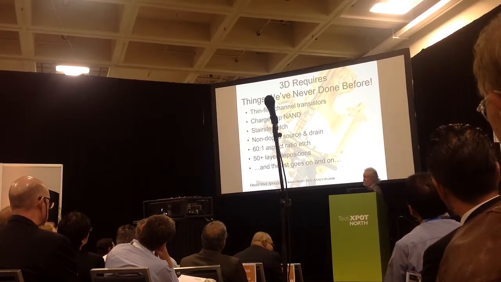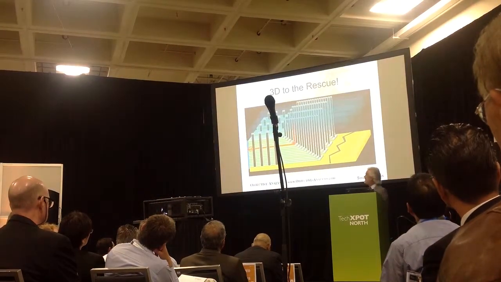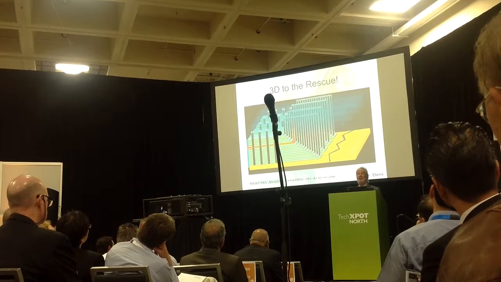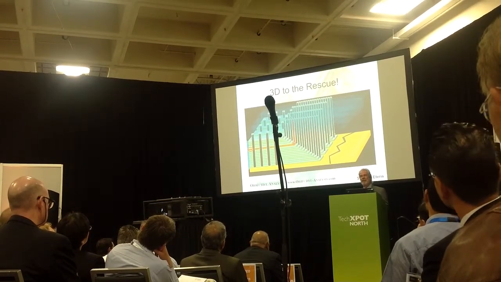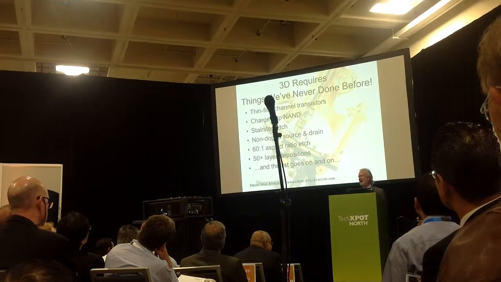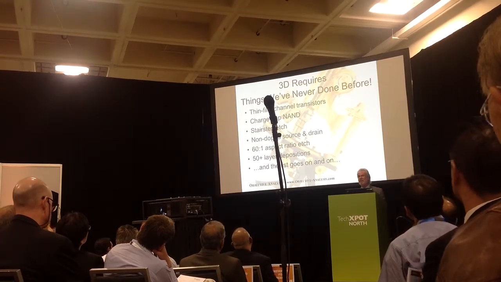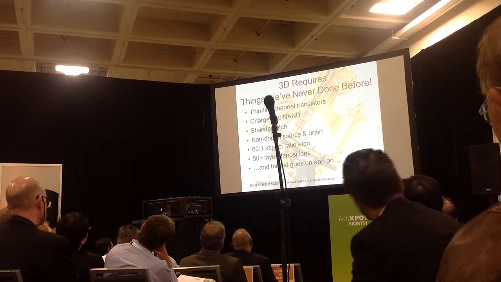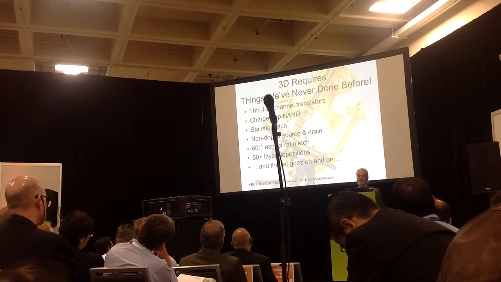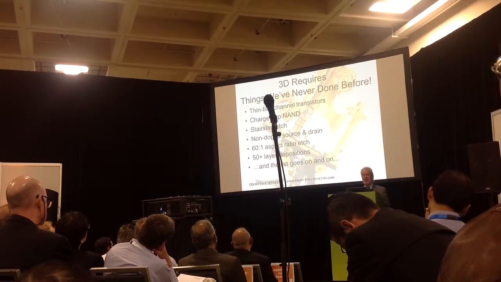You've got the stair step that I showed you in the prior slide. I'll just take you back to that. This thing here. Nobody's ever etched a stair step that has multiple steps like that before. I think they've done 2 steps and 4 steps, but getting down to 32 steps, 48 steps, and then on into the future, that's going to require some technologies that we haven't developed before, or that are in development right now. Your source and drain aren't doped in this vertical channel. You can't do that because you can't pattern that way.